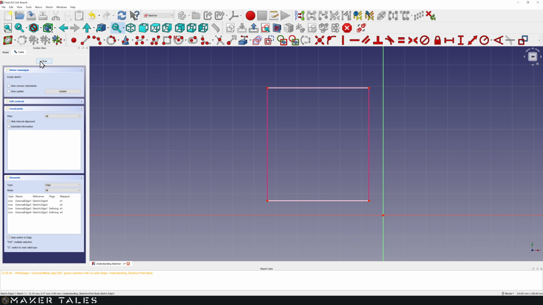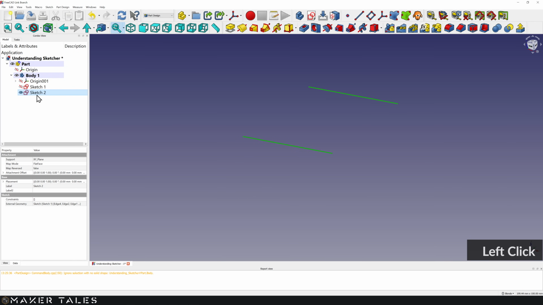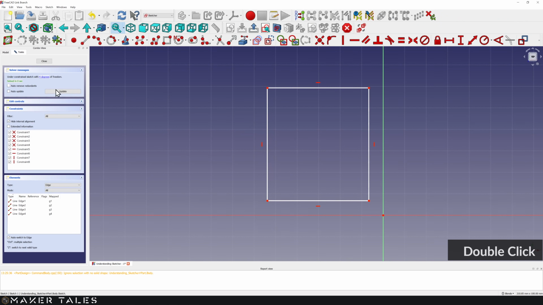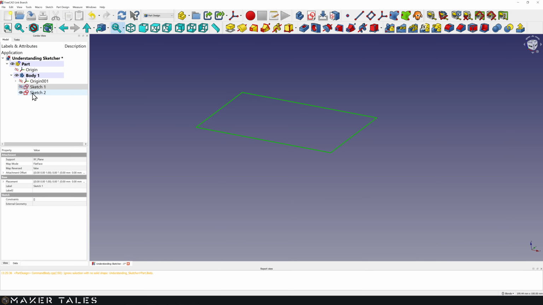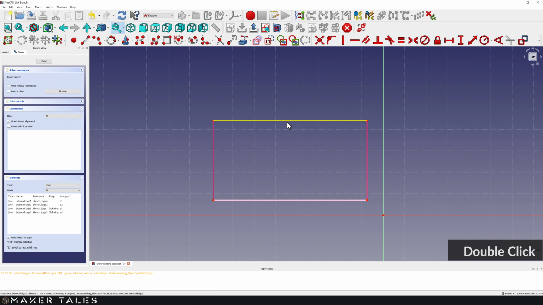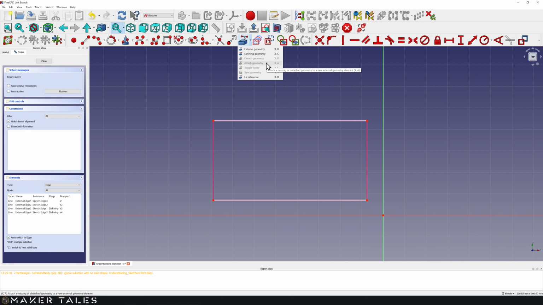Let's go back over to the Part Design workbench to take a look at what's going on. You can see now that Sketch 2 has two lines that are seen as lines, as defining references, but they're driven by Sketch 1. Now, if we go back into Sketch 2, we can't change these. We can use a whole bunch of the tools underneath these, and those let you detach them, attach them, toggle them, freeze them, and fix them.